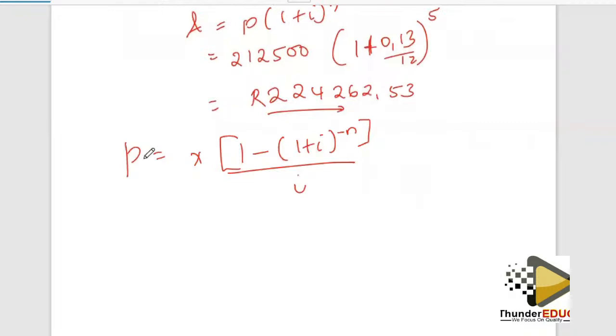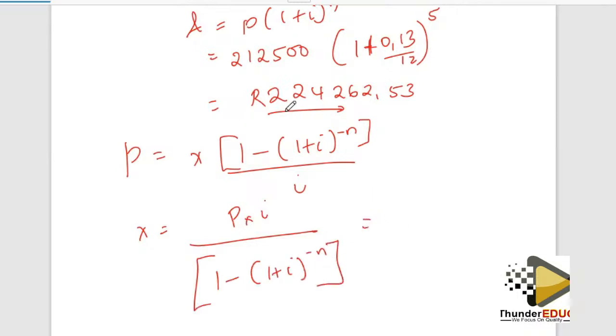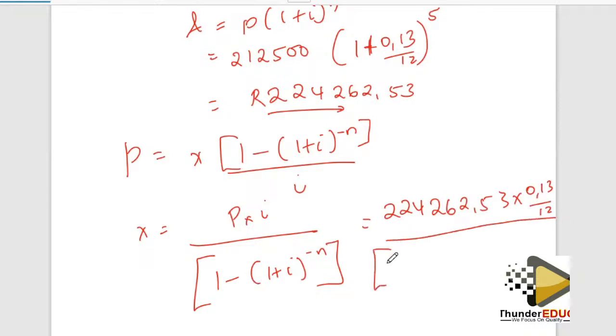Now, since we want x, I can make x the subject and multiply both sides by i, and then divide both sides by what is on top, 1 minus (1 plus i) to the negative n. When I do my substitution, that's going to be 22,625.4 times my interest rate, 0.13 over 12. We're dividing this by 1 minus (1 plus